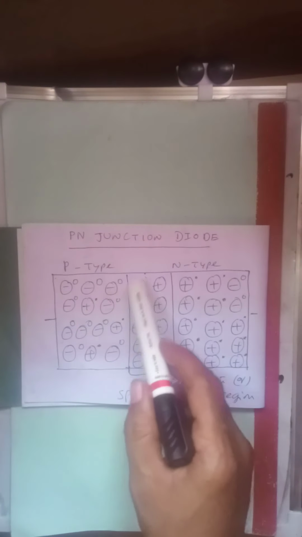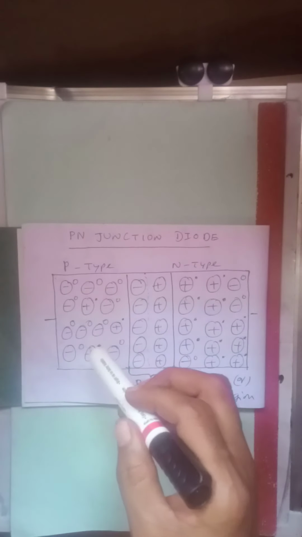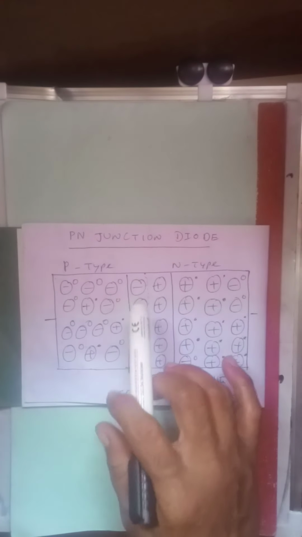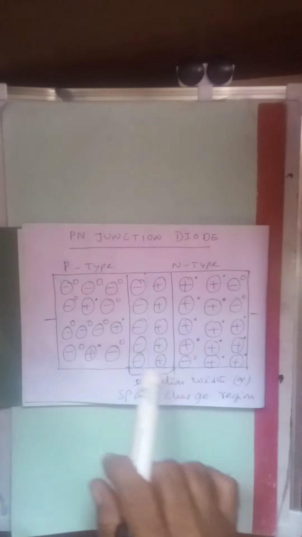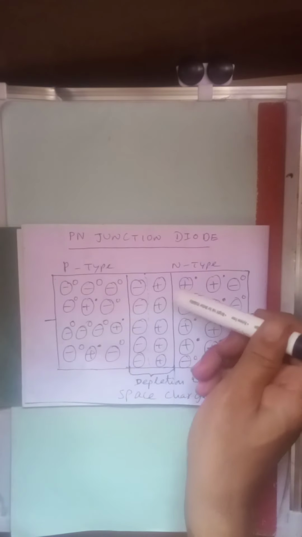This is what is called the depletion width or the space charge region, because it is an immobile ionic region. These ions have heavy mass compared with the electrons and holes, which is why the mobility in this region is very low. It is a fixed and stable region. Thus a negative charge layer and a positive charge layer are formed. The electric field flux lines run from positive to negative.